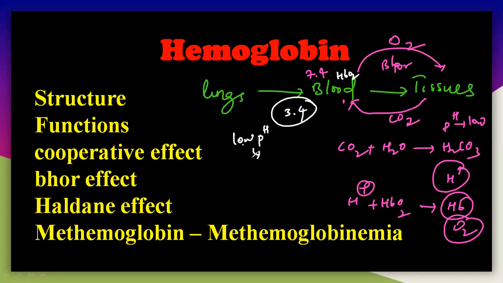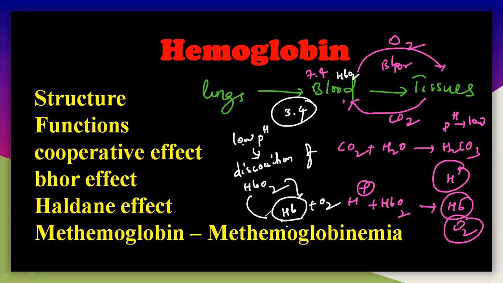So at low pH there is a dissociation of HbO2 that takes place, and it will release Hb and the O2. Free hemoglobin is formed, and O2 separates at low pH. Remember this. So at low pH, the oxygen breaks away here. That is a very, very important thing here. So at low pH, it is completely favorable to the deoxyhemoglobin.